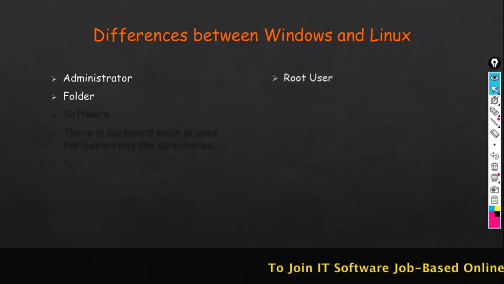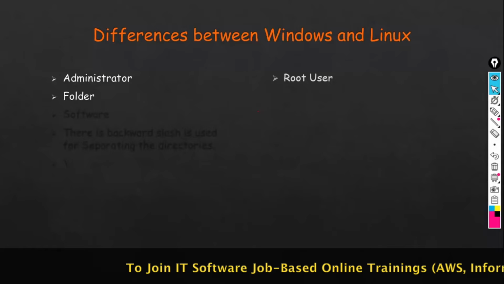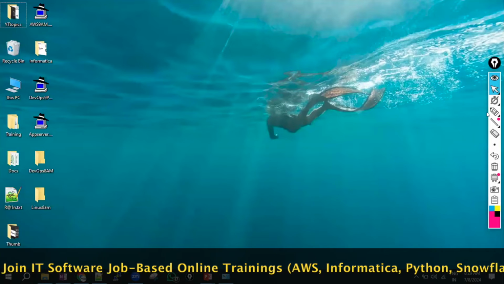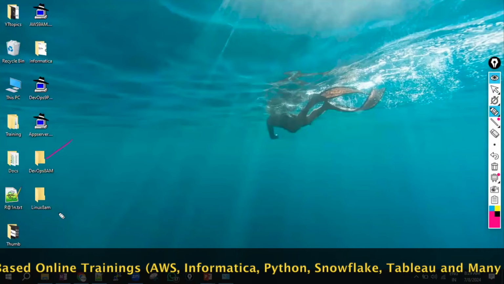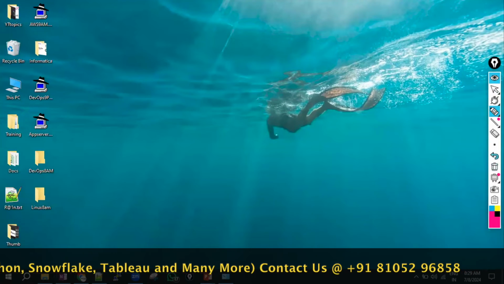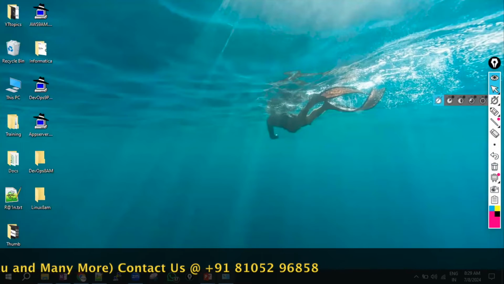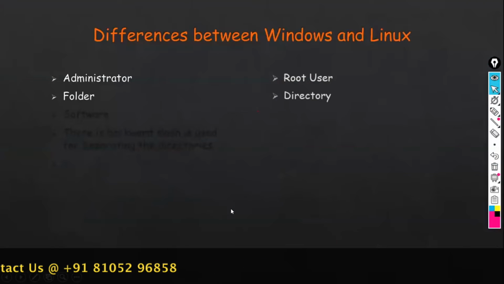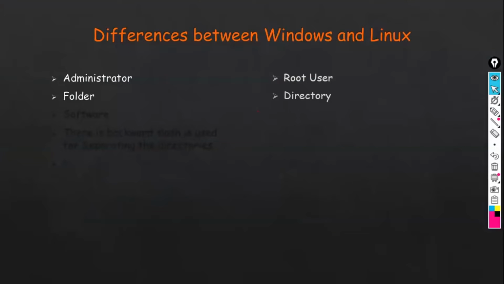And in Windows, we call folder. This is the folder. These are all folders. In Linux, what do we call in Linux? Directory. In Windows, we call them folder. In Linux, we call them as directory.